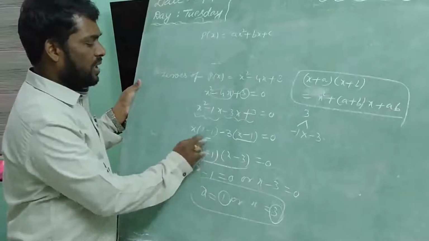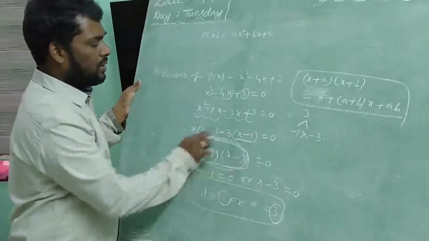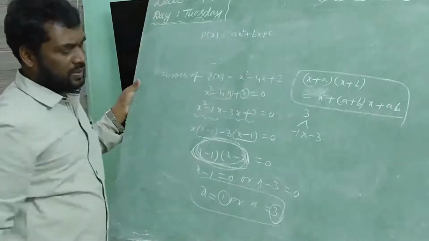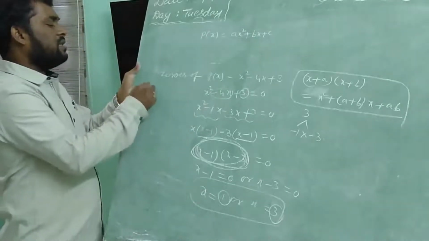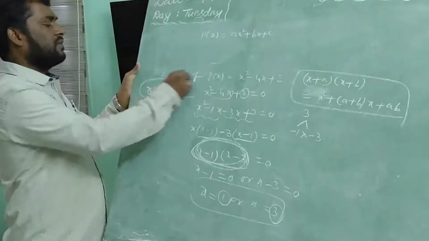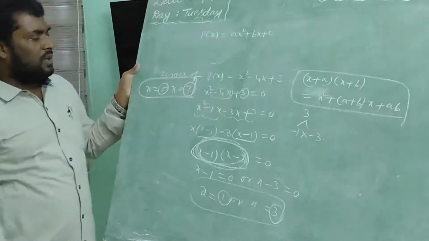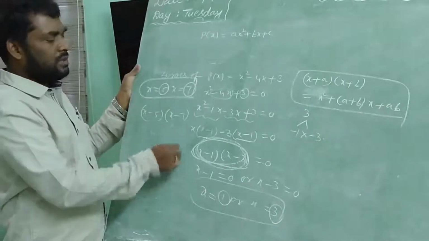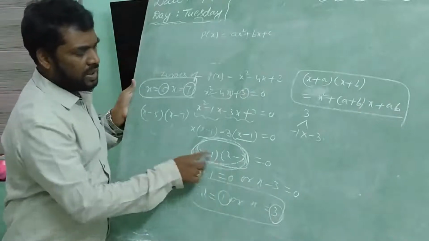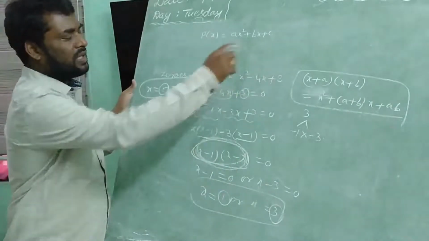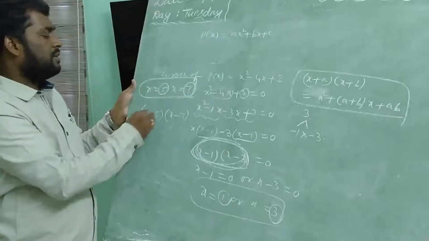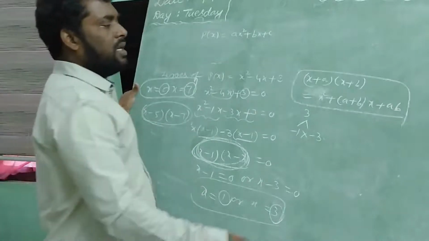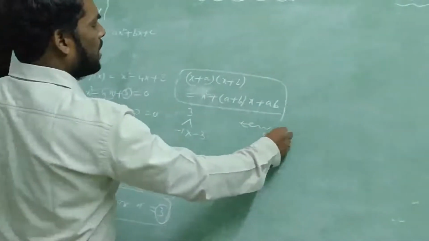Just multiply. You should take x minus 1 into x minus 3. Then you get x square minus 4x plus 3. Suppose x is equal to 5, x is equal to 7. 5, 7 are zeros of a quadratic polynomial. What is the quadratic polynomial? X minus 5 into x minus 7. I am applying the same concept. If the zeros are 1, 3, x minus 1 into x minus 3 gives x square minus 4x plus 3. If the zeros are 5 and 7, then the quadratic polynomial is x minus 5 into x minus 7. Suppose the zeros are 4 and 6.